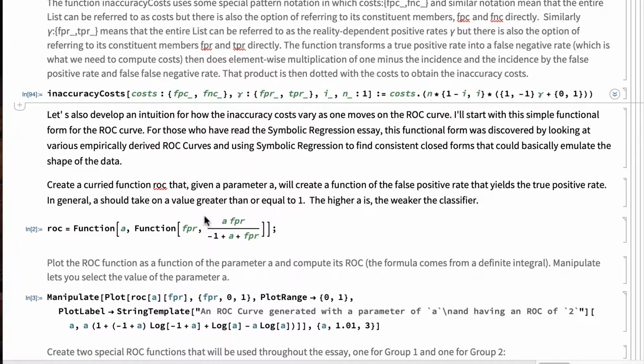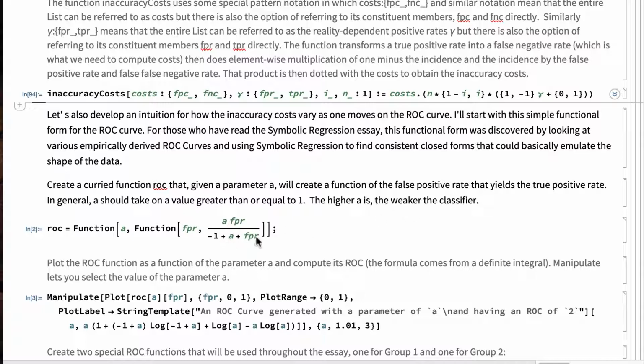So here it is, the basic expression. FPR is the false positive rate, and A is a parameter. In general, you want A to be greater than or equal to 1, and the higher A is, the weaker